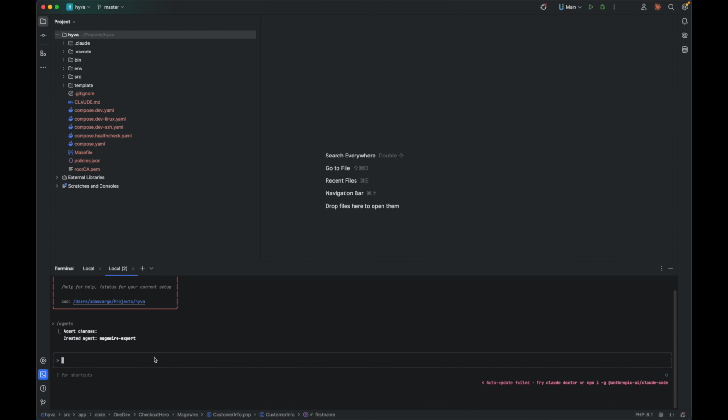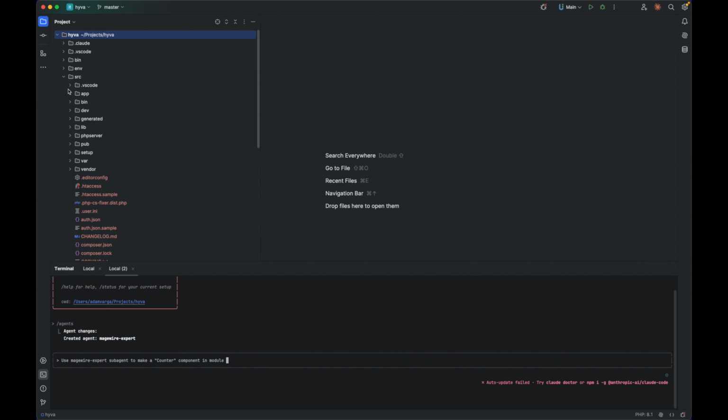So let's add your prompt. Use Magewire expert subagent to make a counter component in module. So basically, let's check this quickly. Module 1 dev Claude Code test,